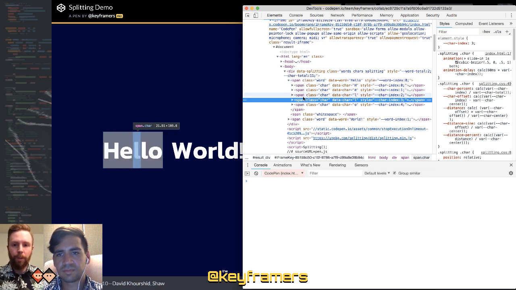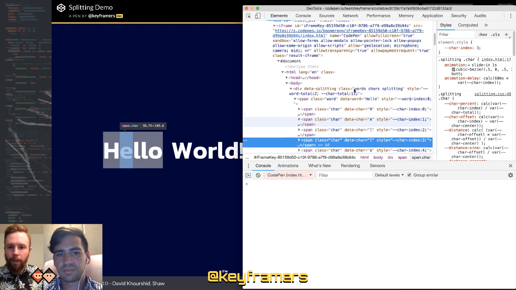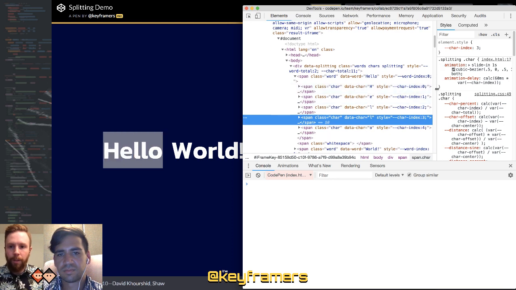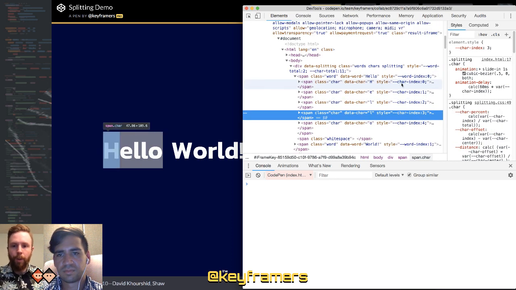It keeps all the words locked together. And then within each character, it actually gets a style attribute with a fancy CSS variable showing you what the character index of that particular character is. And you also get a data-char attribute telling you what the character is.